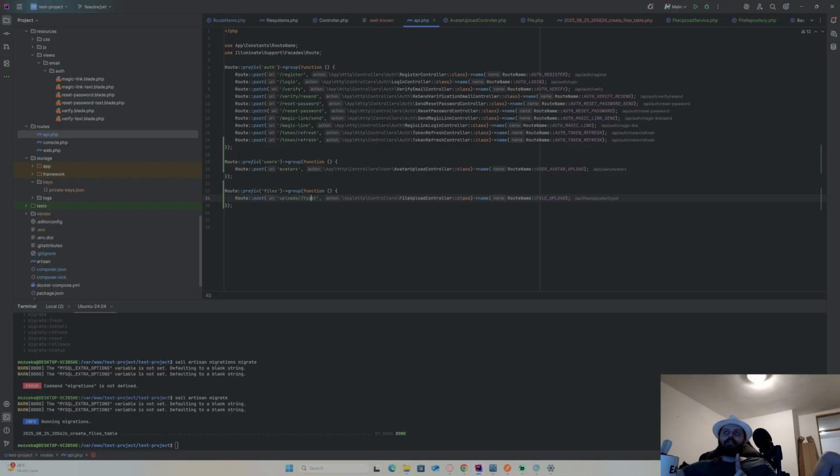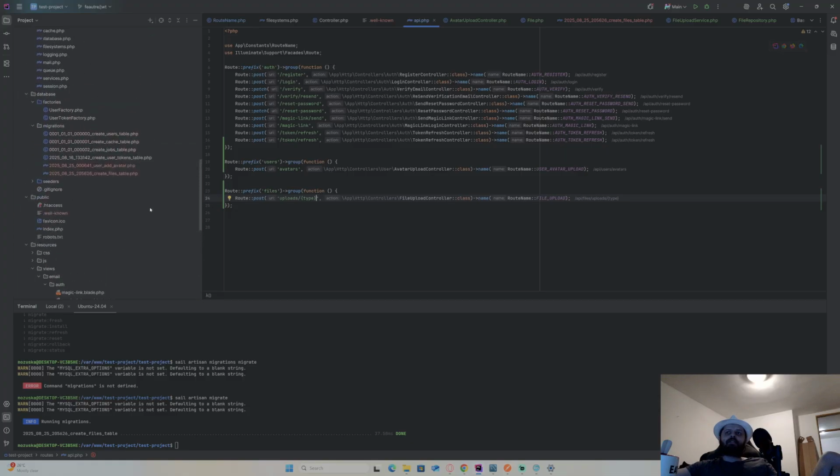Uploads, avatars. Let me just use this, just like this for now. How we're gonna construct this route, we'll see a little bit later. For now, it will just be like this, and now basically we have everything we need to test this, except one thing.